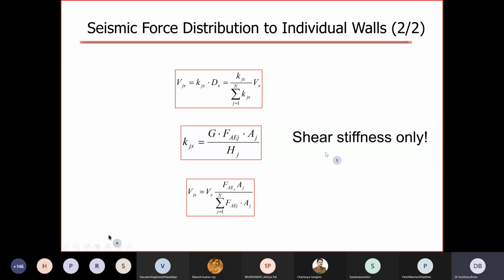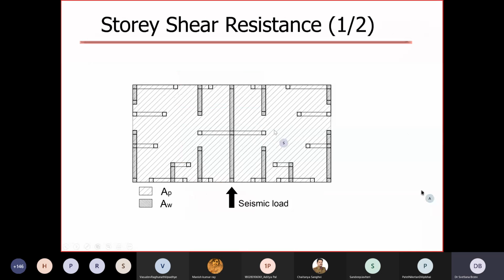So let's say all walls have the same height, we have a certain story height, 3 meters, and all walls are made of the same masonry, therefore the modulus of rigidity is equal, and this F factor, let's just forget about it, let's say it is equal to 1. Therefore, the stiffness of the walls would be proportional to their cross-sectional area. So if we have a wall with the cross-section meaning length of the wall times its thickness,